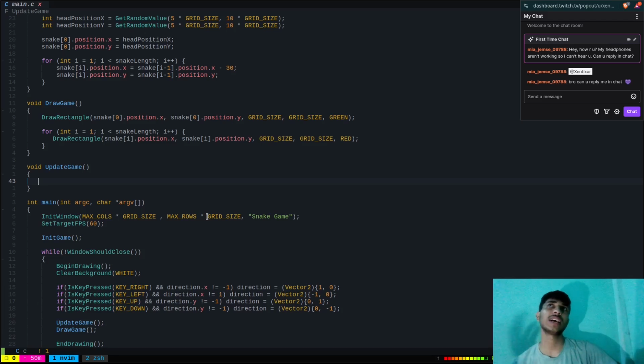First we have to update the head according to the position and just increase the other, right? So if direction